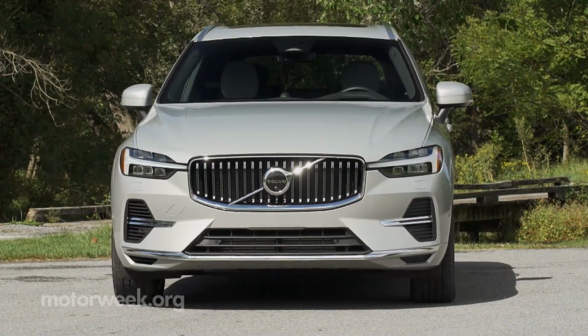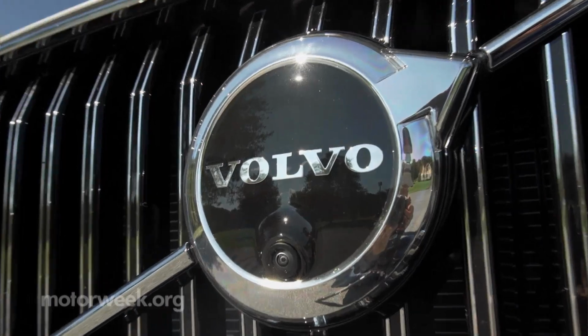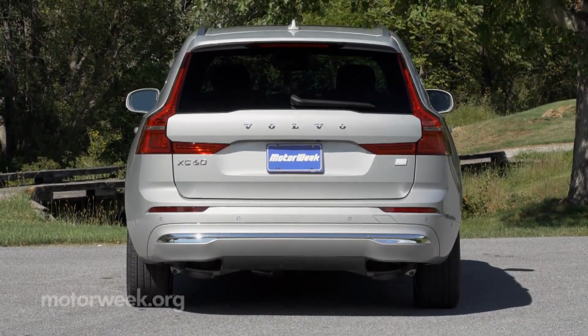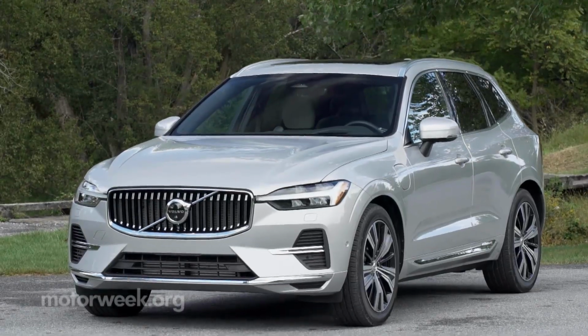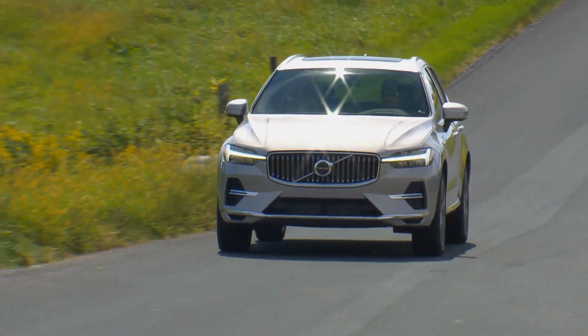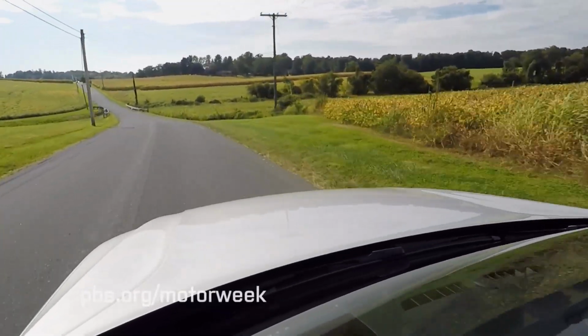The front's most noticeable with a flatter face and a new grille with revised Volvo logo. While in back, there's a smoother rear bumper that does away with exhaust cutouts. There are also new wheel designs to choose from, and of course, different paint choices. All very similar changes to the V90 Cross Country we recently tested, though what's under the hood of this XC60